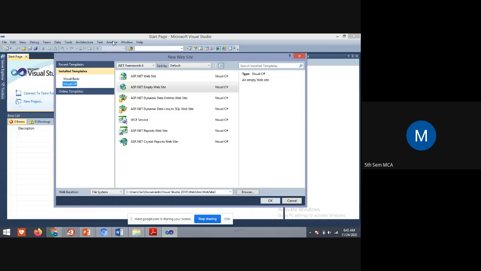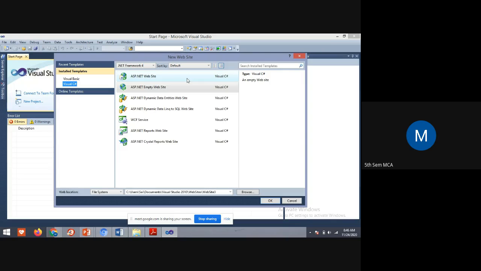See here, you have to check at the left side of the box whether Visual Basic or Visual C# is selected. It should be Visual C#. You can see the different options: ASP.NET Website, ASP.NET MVC Website, ASP.NET Dynamic Data Entities Website, ASP.NET Dynamic Data LINQ to SQL,